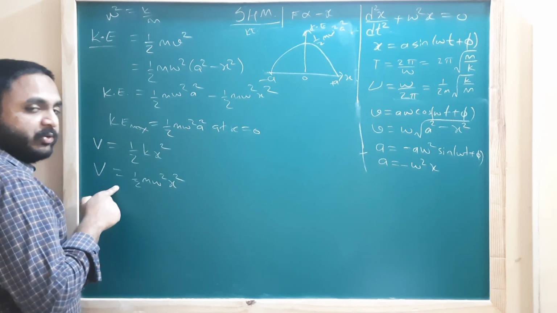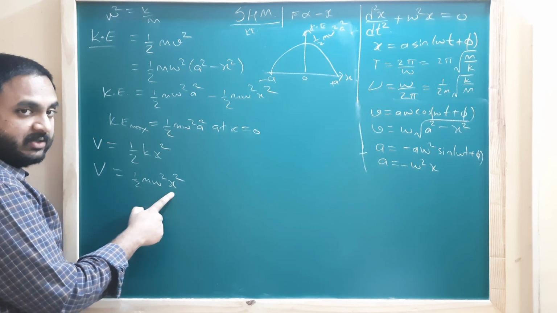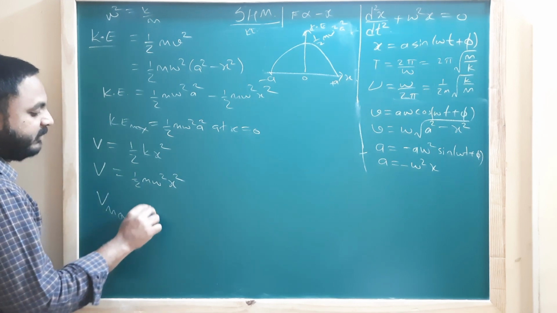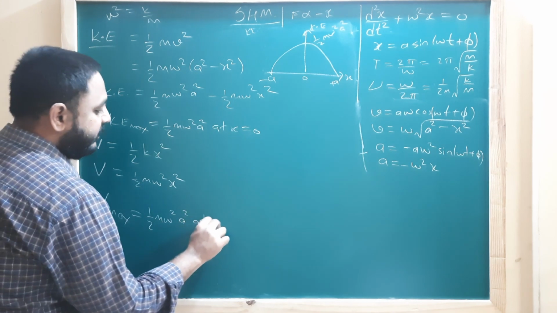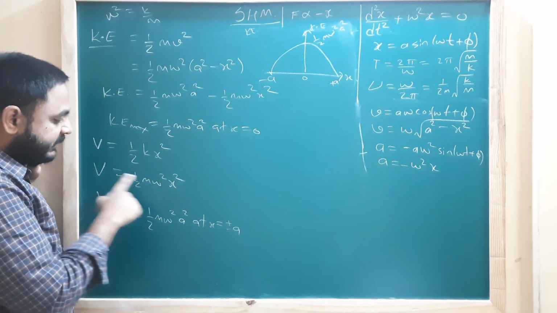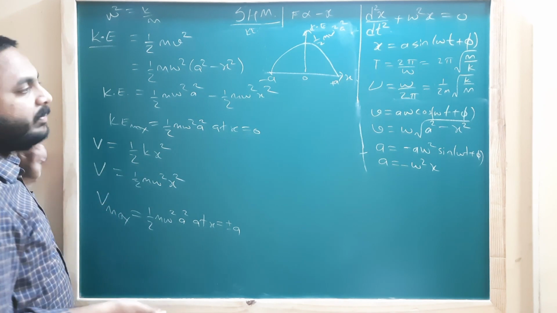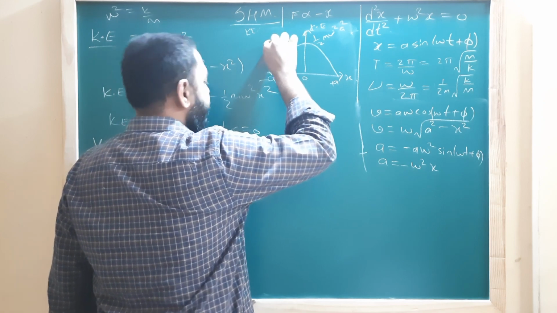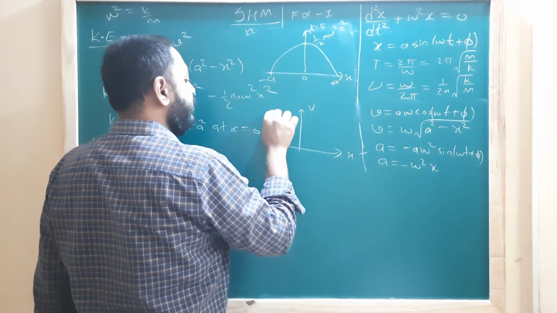Now let us check where the potential energy is maximum, where it is minimum. Minimum value क्या होगी? 0 when x is 0. Maximum potential energy V max will be equal to half m omega squared a squared. This is at x is equal to plus or minus a. Again, potential energy and x share a quadratic relationship. मतलब V is directly proportional to x square. So this also should look like a parabola, but now the parabola will look like this. I'll draw it here. This is the potential energy. Now the parabola looks like this.